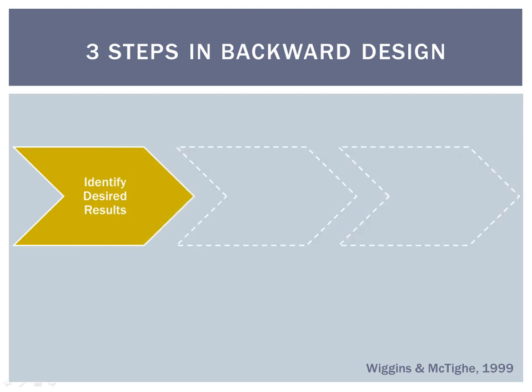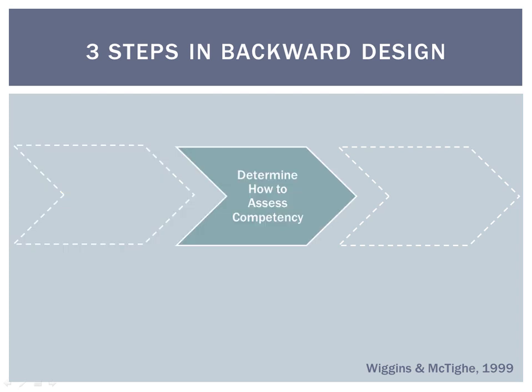In the first step of the backward design process, we ask what knowledge and abilities will the successful student have. We do our best to envision a competent student exiting the course and articulate what that student knows and is able to do. In the second step of backward design, we ask, how will students prove what they know and can do? We look closely at the knowledge and skills the competent student will need, and we design authentic and robust assessments that will truly show us whether the student has gained competency.